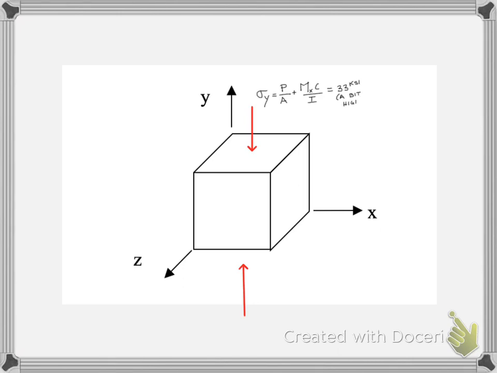so we have our equal and opposite, and when we add those two together, we get about 33 KSI. That's actually a little bit high, depending on the type of steel. If this were A36 steel, it actually yields at 36 KSI,